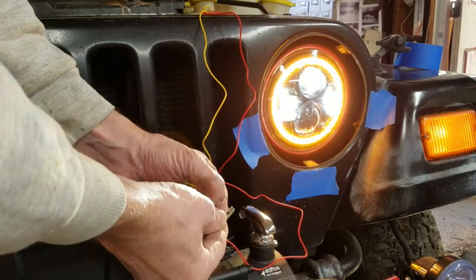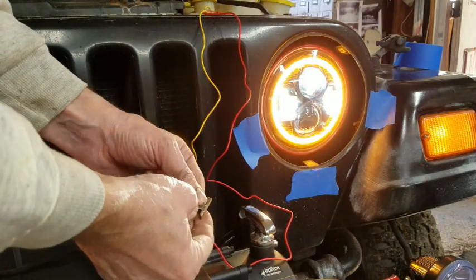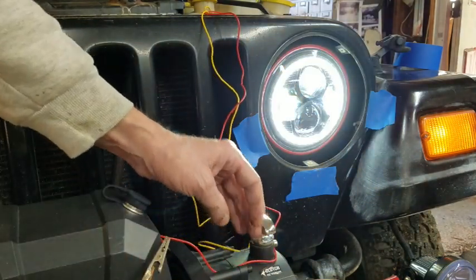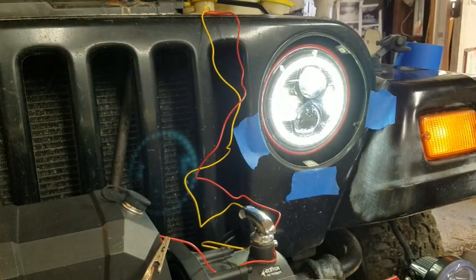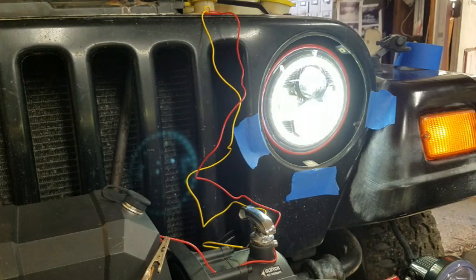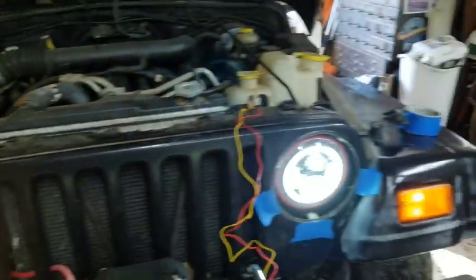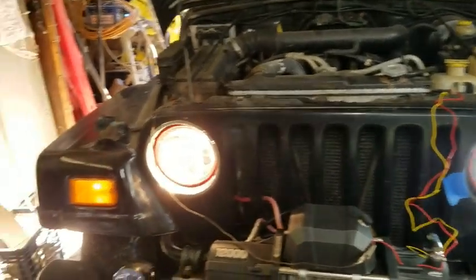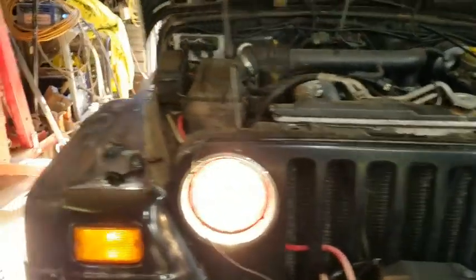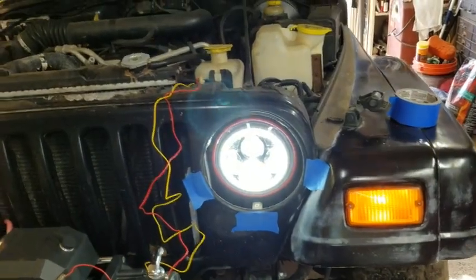That's not as bad as I thought it was going to be. I might actually hook those up now. I kind of like that. Let's try high beams. Okay, so all of them are on. And this one, and that one. I'm right in the middle of the vehicle, so you can see both. Over here, let's get it in front. I don't know if it's coming out in the camera right or not, but